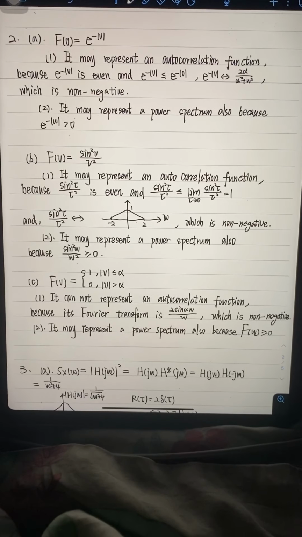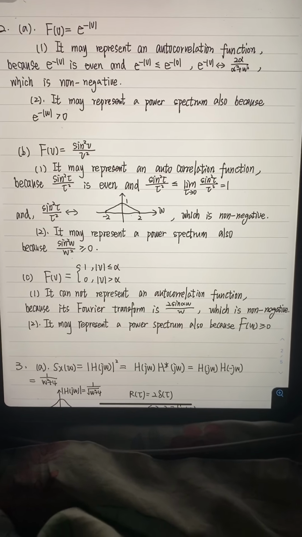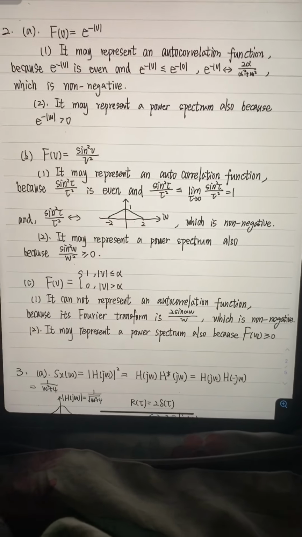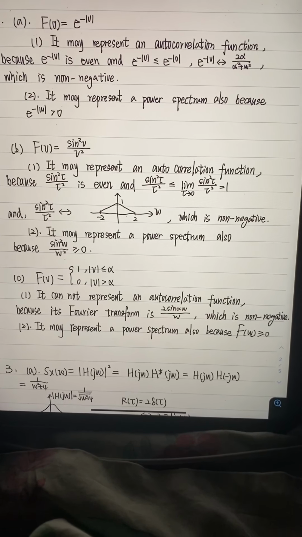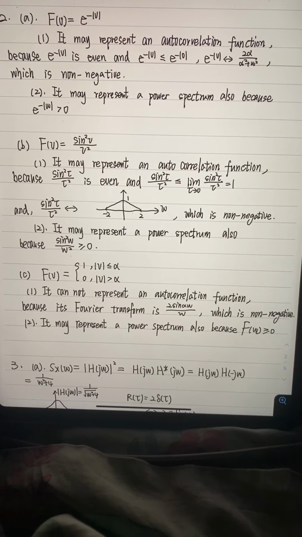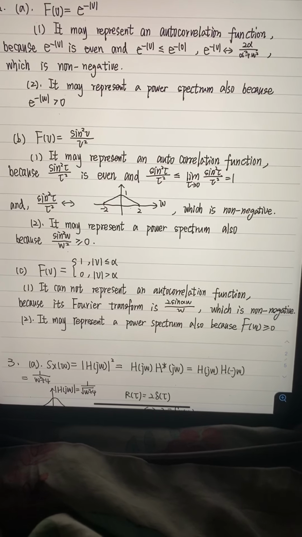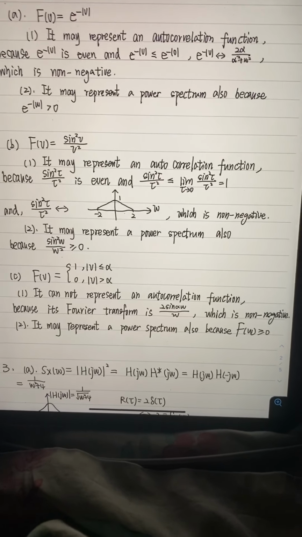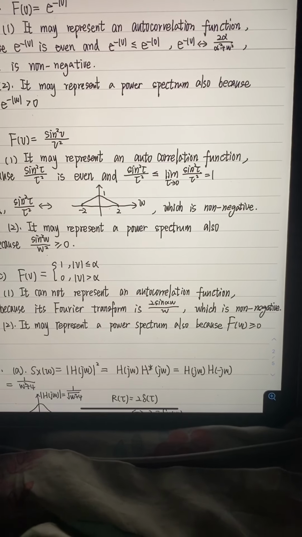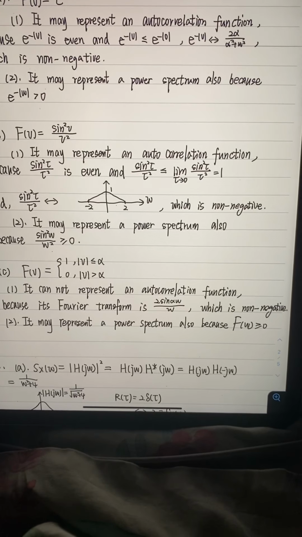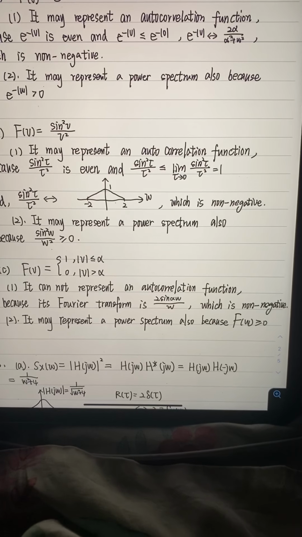So as for the second part, the sub-question B, f(v) is equal to sine v squared divided by v squared. First, it may represent an autocorrelation function because sine tau squared divided by tau squared is even. Obviously we can just observe it from the function itself, and we can calculate its limit to find that when tau is passing to 0, the value is less than 1,